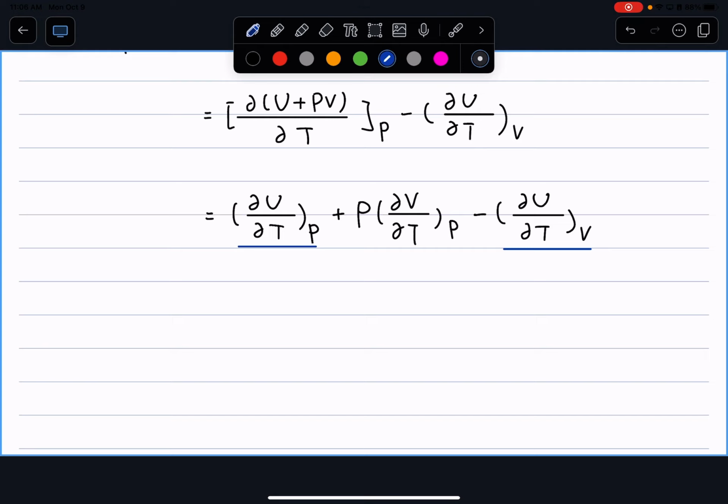That's just calculus. Internal energy depends on two different variables, so we just write out that total derivative. So we have dU equals the partial derivative of U over T at constant V, dT,